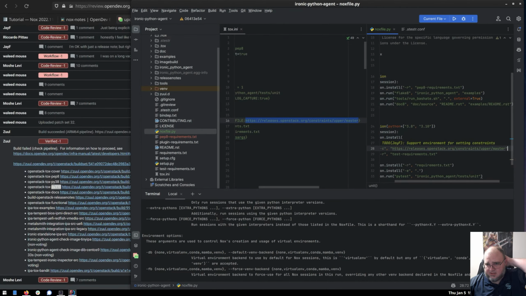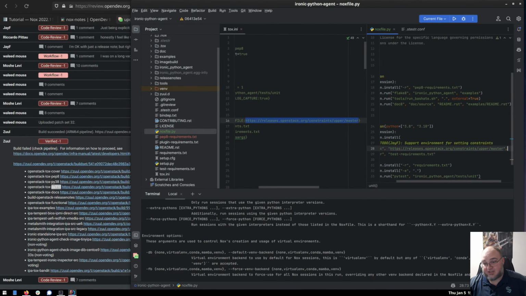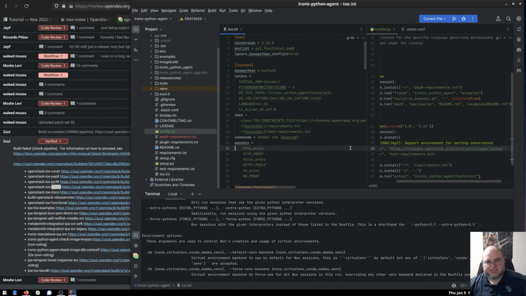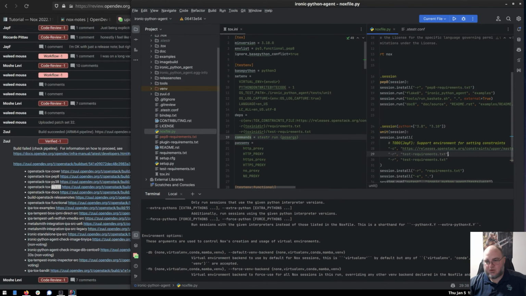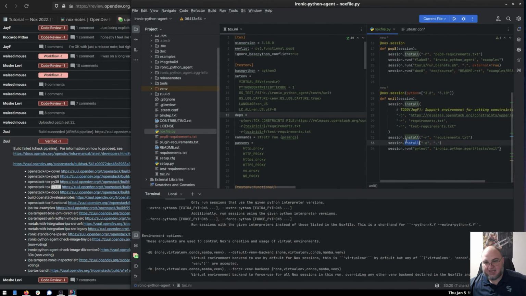All right, so I'm just doing a proof of concept, so I'm not sweating it too much. If the constraints aren't perfectly set up today, if it works once, that's what I'm looking for. Okay, and we currently install. We'll do the requirements before the test requirements. Let's get that in there, and then that's the session.install, at least for the base one, and the base command